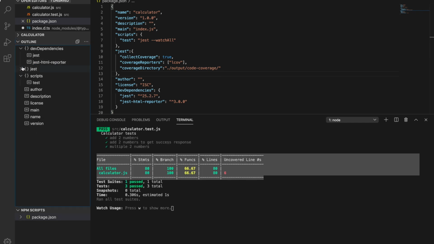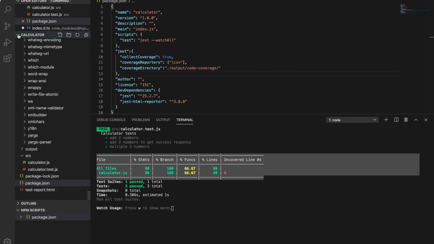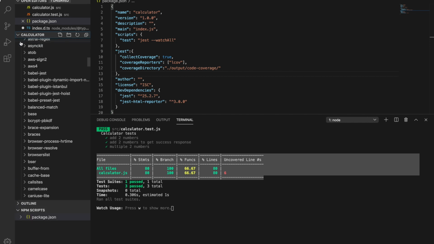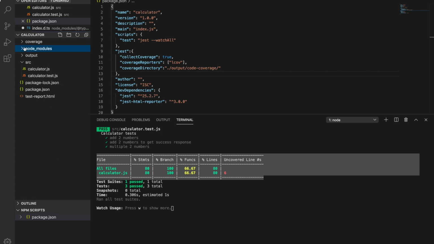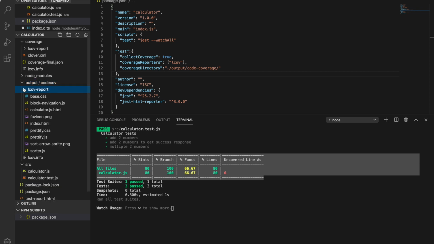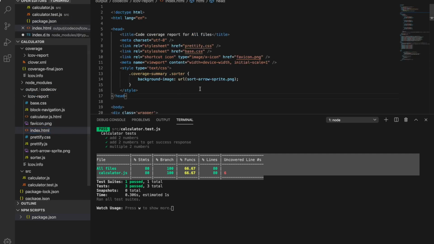So if I run this, you can see that it has created a coverage output directory, output code coverage. It says lcov, and it's saying index.html here.